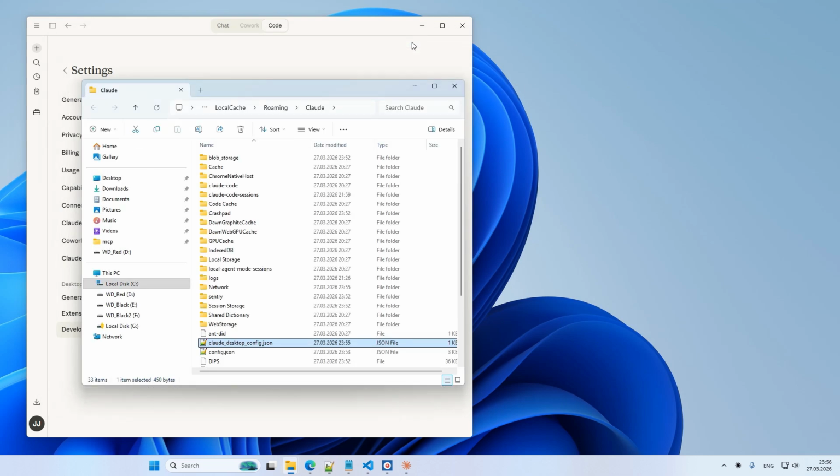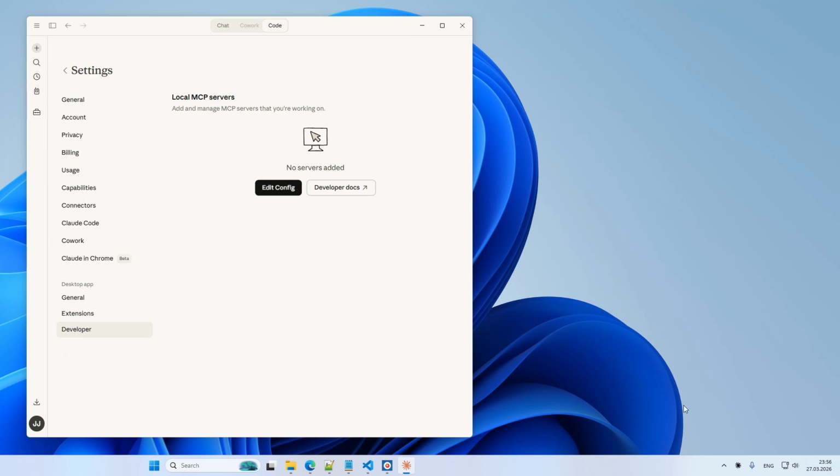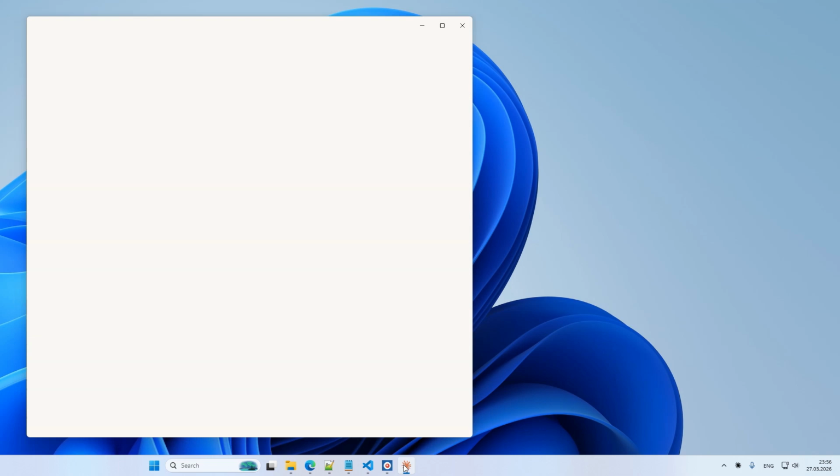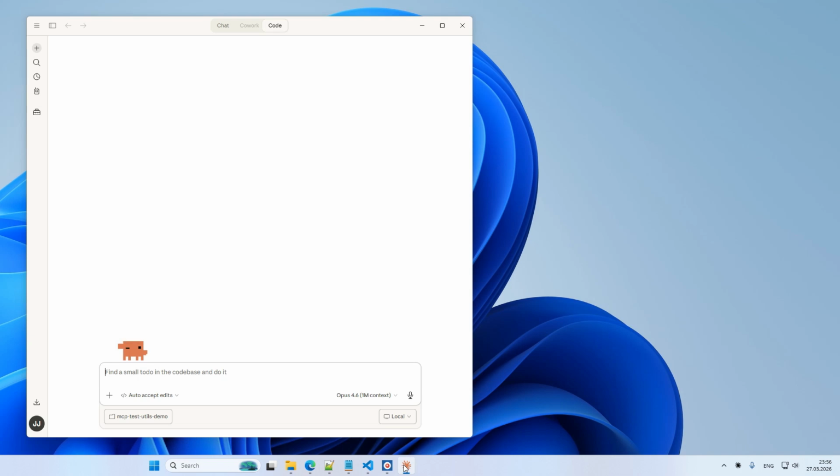Now we need to restart Claude Desktop so it picks up the new configuration. We close the app from the system tray. We launch Claude Desktop again. A clean chat appears. At the bottom we can see the project MCP Test Utils demo and the Opus 4.6